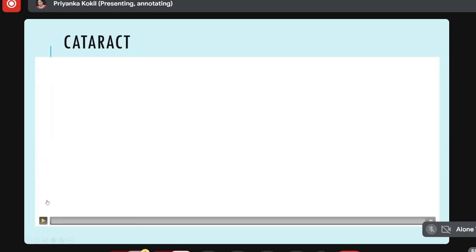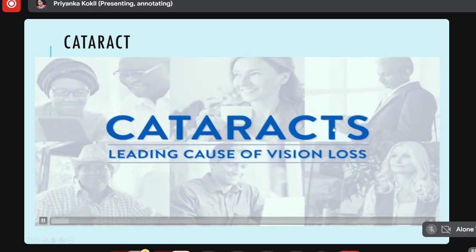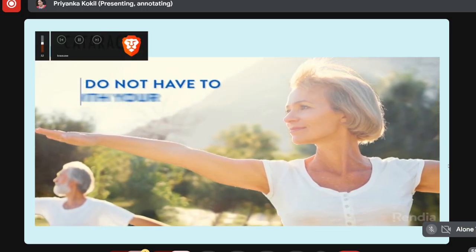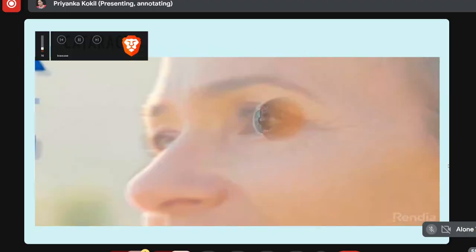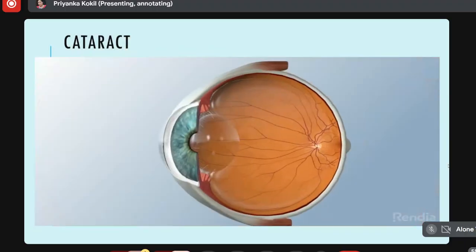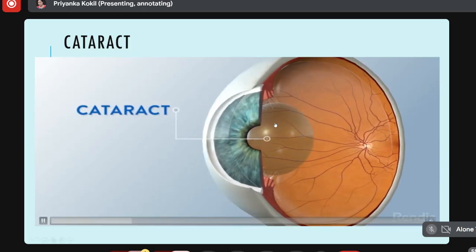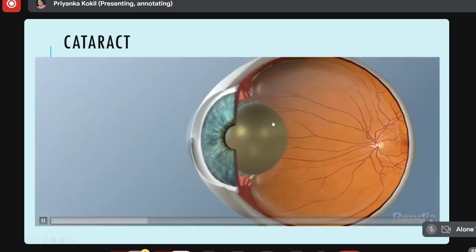Then there is another condition which is cataract. Cataract is nothing but the cloudiness of the eye. Most of us know what cataract is, and that it is one of the leading causes of blindness. Basically, there is a lens in the eye, and once this lens is clouded,